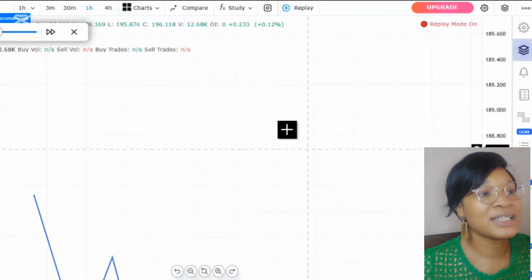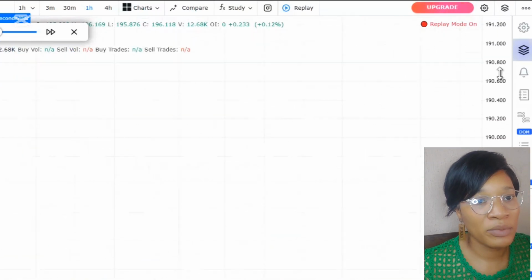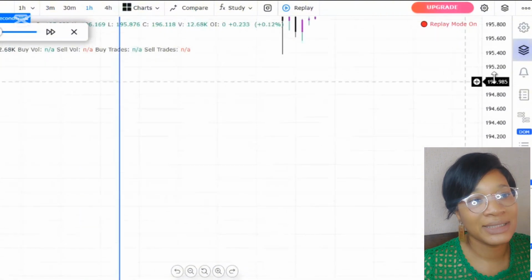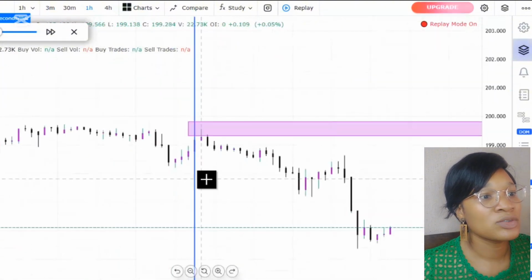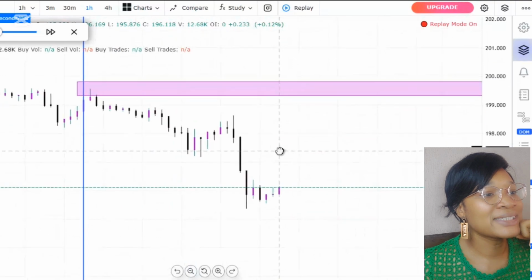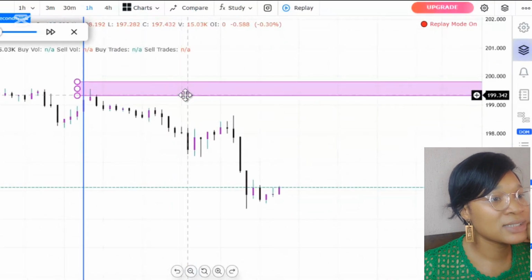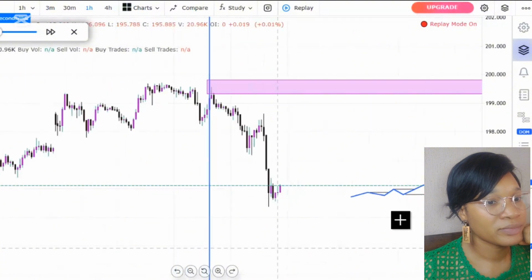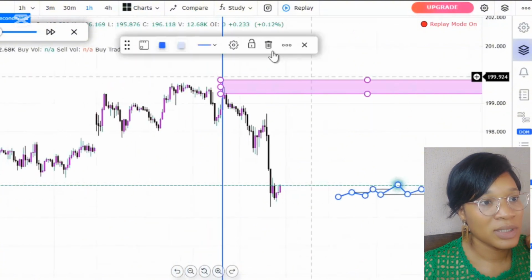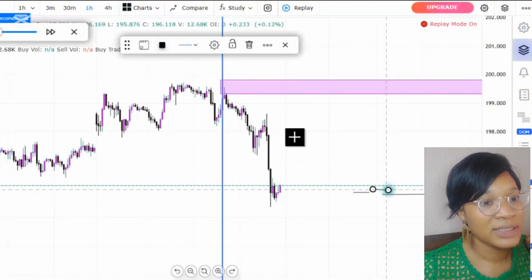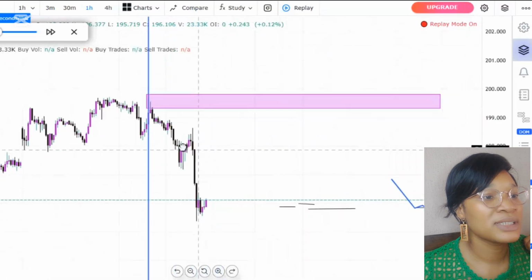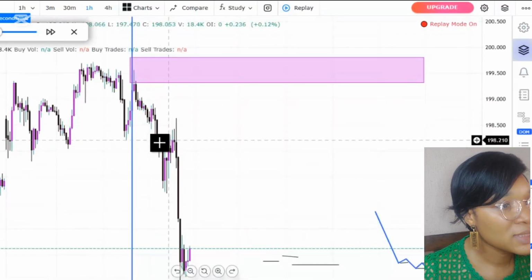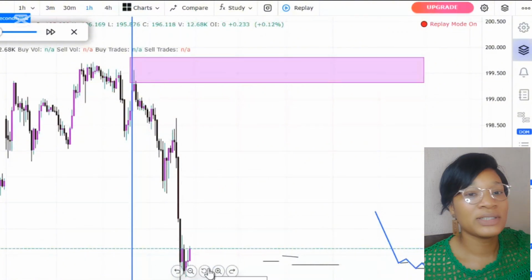Okay, so let's have just one example. Of course, like I always say, ensure you go over to your chart and try your hands out on this. Okay, so let's say this is an order block that I want to be selling from. Let me take this away. Let's say this is an order block that I want to be selling from. Is that another block or an unmitigated wick? Whatever it is,